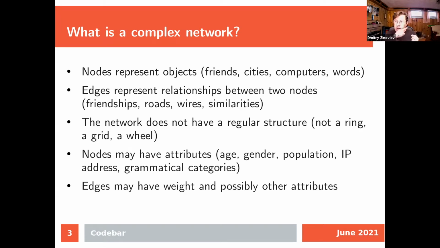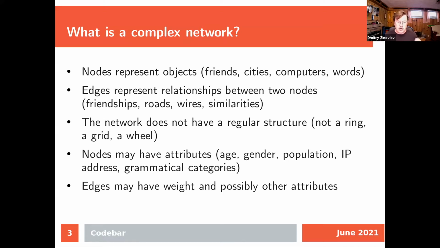A ring, a network where each node is connected to the next one and then to the next one and then back to the first one, is not a complex network either. So if you can describe a network with a short phrase, usually this network is not considered complex. Anything else, any network with an irregular structure is considered a complex network. It could be as simple as just half a dozen nodes,